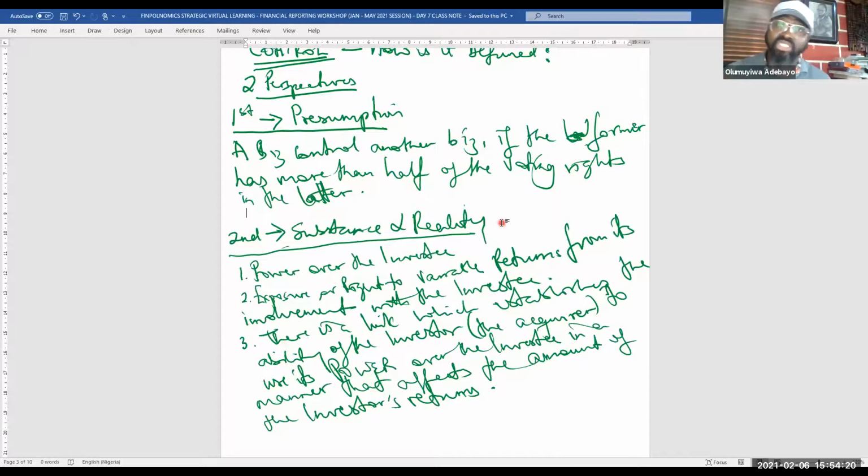And for those that want to write the examination for the diploma in international financial reporting and the likes, one thing you need to know is that if information given to you is only limited to the information showing that you have more than half, without any other secondary information to the contrary, you reach a conclusion at that point in time that control does exist. Otherwise, if you have secondary information that points towards you contemplating whether control exists or not, you need to now revert to the issue of the substance and reality of control. And that is that. Any question at that point?